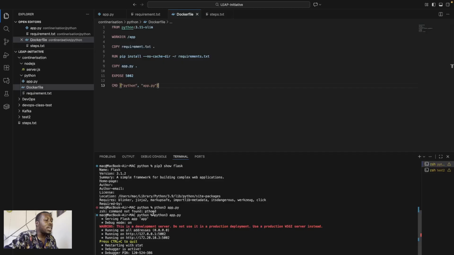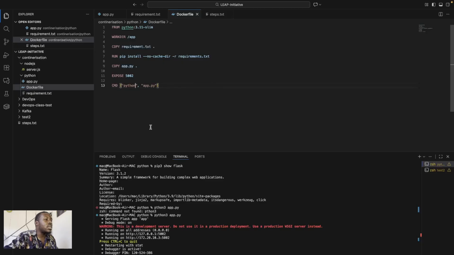Remember that on my own computer I did python3 app.py for the Python to run, but in this container we are using a Python that we can just call python. We don't need to say python3. I did python3 because Python 3 was installed on my own local computer.